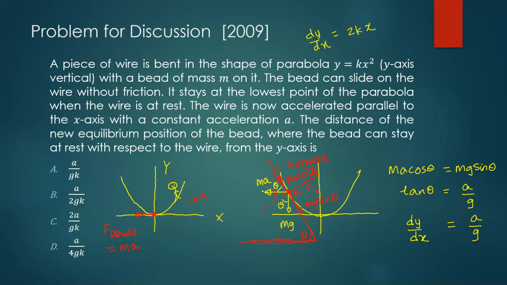All right. Now, this coordinate is the x coordinate anyway. So here I think we can just write the magnitude. We don't have to worry about the slope being, let's say, negative. So dy by dx, I can just write 2kx. They're anyway asking the x coordinate. Slope is negative, x coordinate is also negative here. So x, I can just write it as a by 2gk. You understand? I know, this is a little on the difficult side.